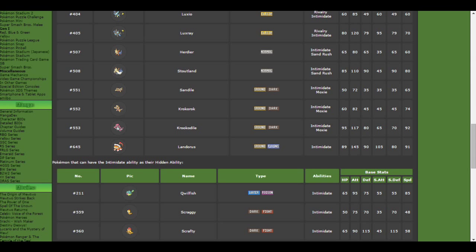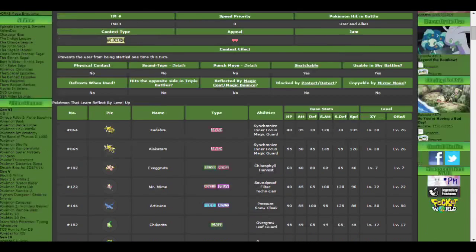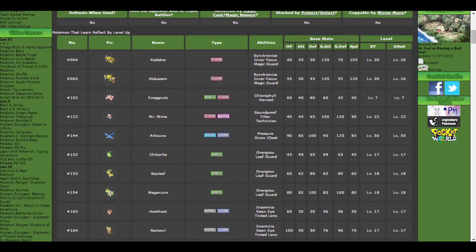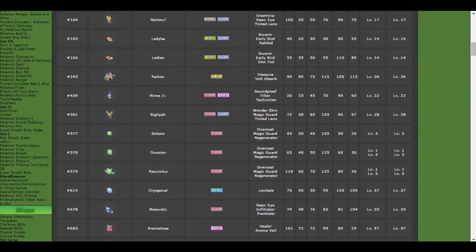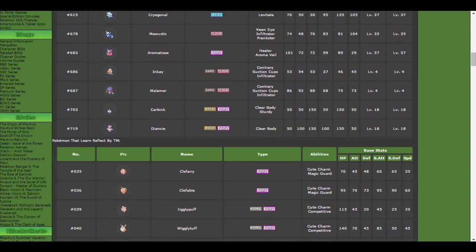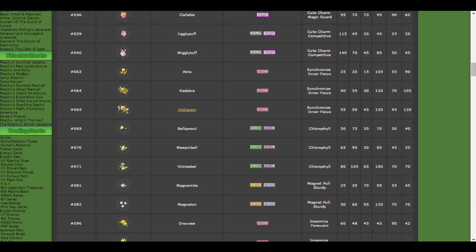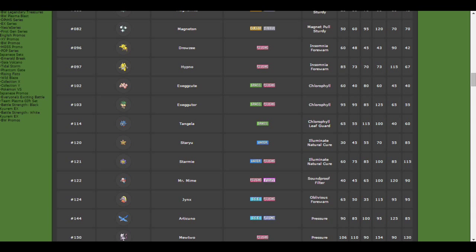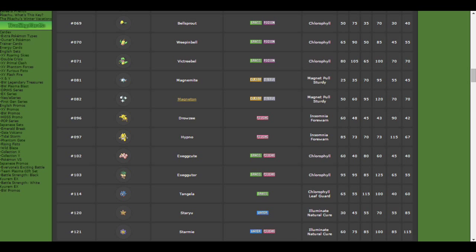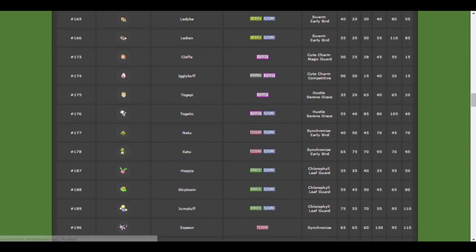So those are potentials for a good support, right? Now that's Intimidate. We've done Will-O-Wisp. We've done Reflect. Here's some other Reflect users, I suppose. Mr. Mime, Kadabra, Alakazam, Meganium, Raikou, Meowstic again, Diancie, not bad at all, Alakazam again, Articuno, Jynx, Hypno, Victreebel, Magneton, a whole bunch of them, Togetic as well, so Togekiss can learn it,